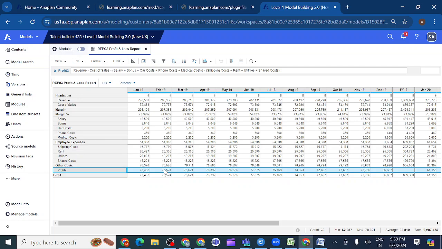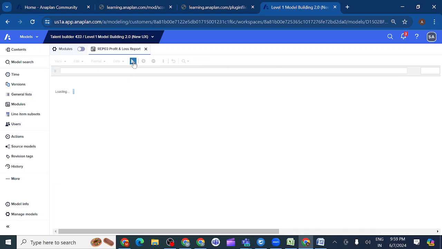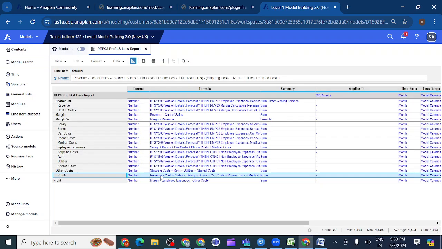Yes. So what is the difference? What is the difference between these two line items? I have written a formula for this one as well. I have written a formula for this one as well. So then what is the difference? I am getting the same answer. Yes, lengthy formula and simple and complex. So this is a simple formula, this is a complex one.